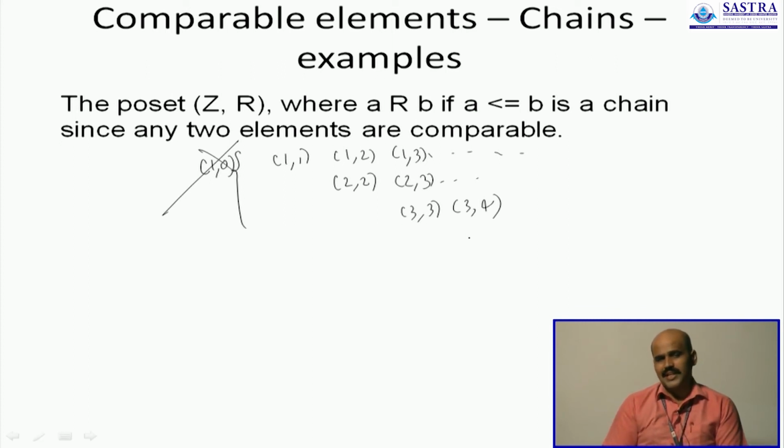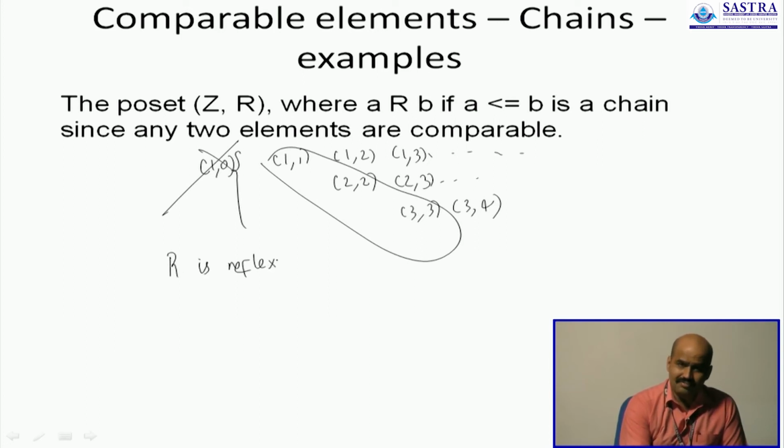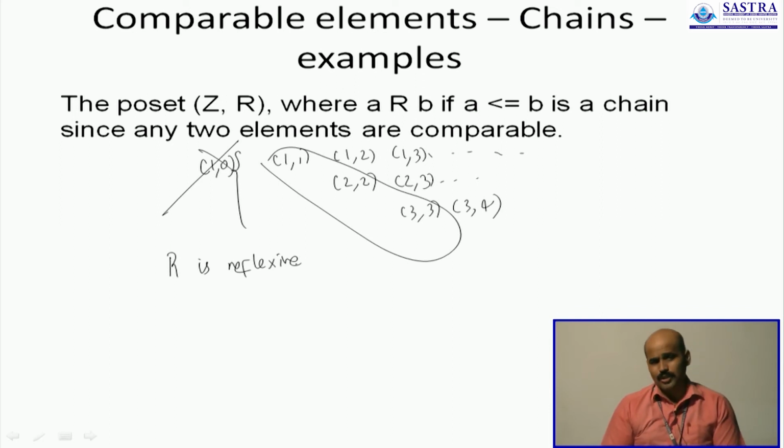Let's find out if it is actually reflexive, because you will always find 1 1, 2 2 and 3 3 as part of the set. You can actually claim that R is reflexive. You don't have to list every possible ordered pair, but just the definition of the relation is enough for us to understand that the relation will remain reflexive, because any number is equal to itself, and therefore you will always find a pair like A comma A or B comma B. So R is reflexive.